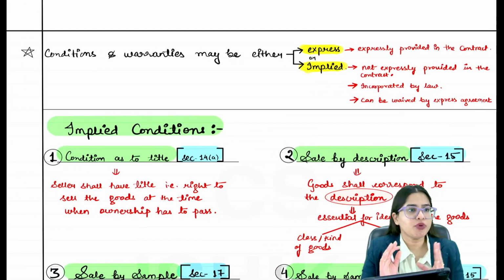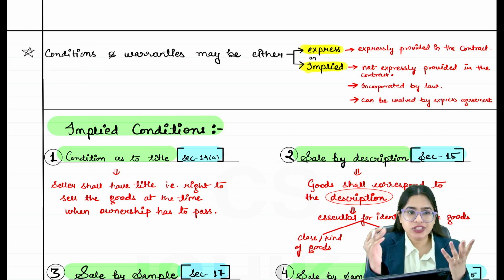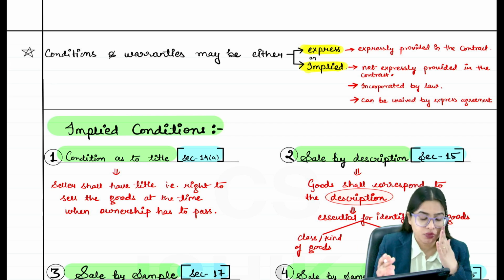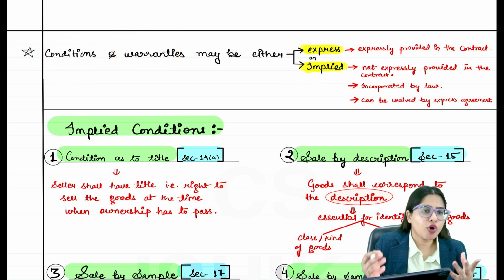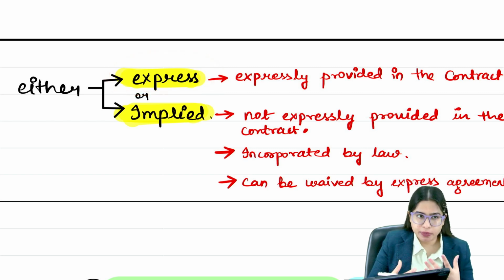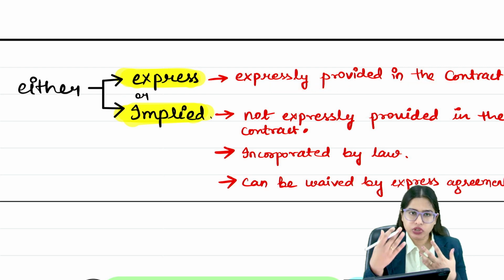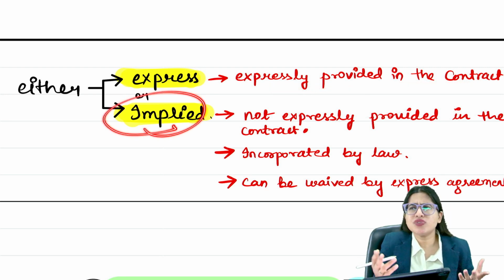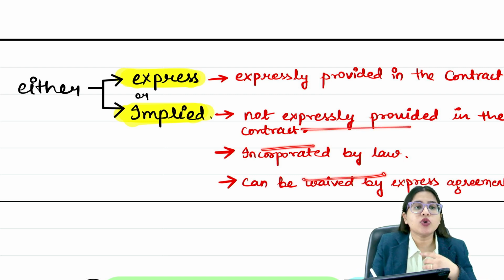One small thing before moving to the next topic, that we studied about conditions and warranties. So this unit is more about conditions and warranties. These conditions and warranties can be express also, implied also. We already know what we mean by express, implied. Express means when it is expressed by words, when it is expressly provided in the contract, either orally or in writing. Implied means which is understandable, which is not provided in the contract, but which is incorporated by law,